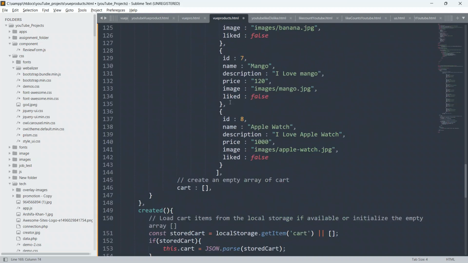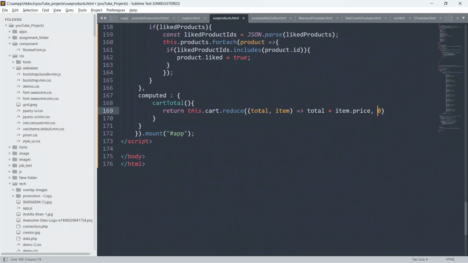That's why I have given it here. So total item, fat arrow function, total plus item dot price, and initial value is 0. Just close this, give the comma here also, and now close this also.